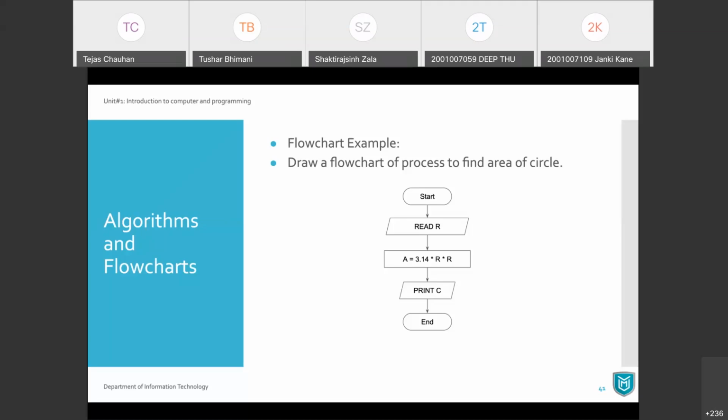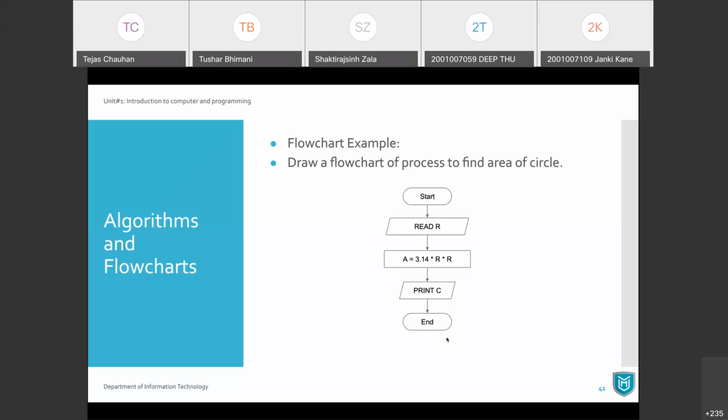So let's have this example now. Let us understand this, and then we'll discuss a few other queries also. This flow chart is for the very basic example we have seen in algorithm also. This is for calculating the area of a circle. Your flow chart always needs to have a starting symbol and an ending symbol. Make sure that you use proper symbols here.